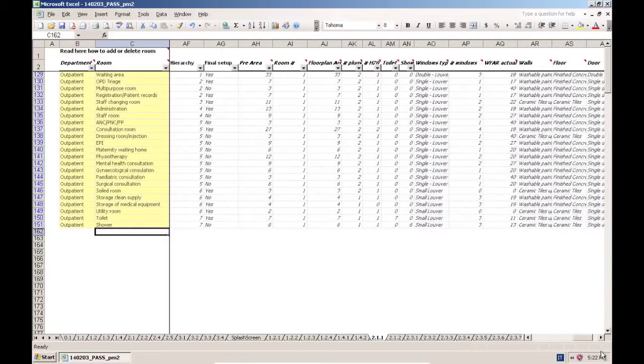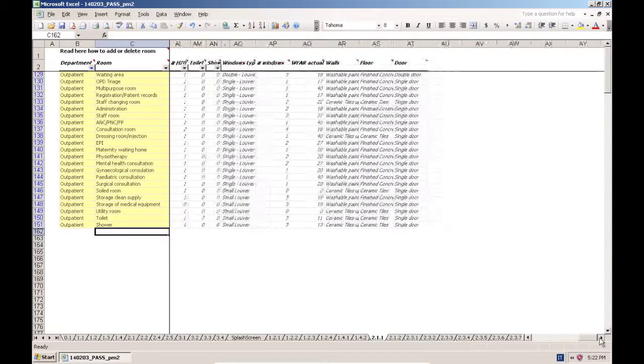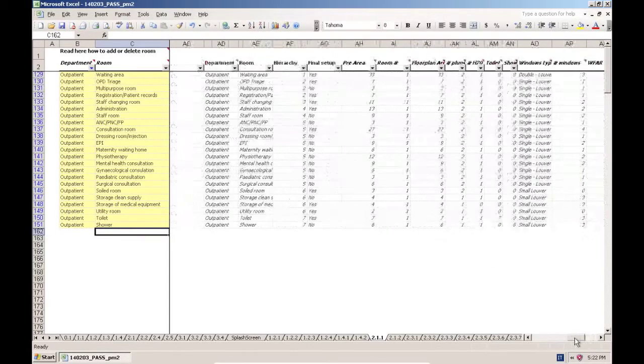So for example, let's start from the end. You see that the finishing of the room, the walls, the floor, the door, that were a textual information are here reported with their real value. So it might be ceramic tiles, it might be concrete, it might be paint, washable paint, whatever it is. Then there are other